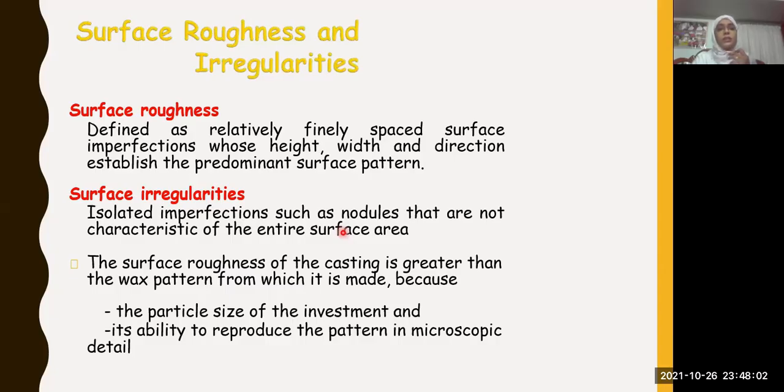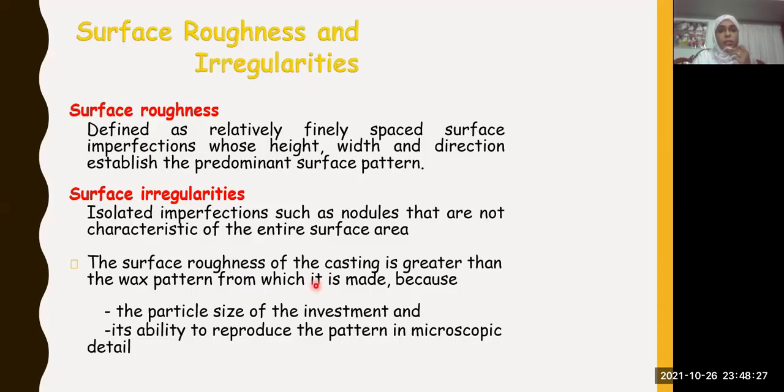And they don't characterize the entire surface. Now, the surface roughness of the casting is greater than the wax pattern from which it is made. Naturally, any surface irregularity which is in the wax gets manipulated in your casting. Why? Because of the particle size of the investment and the ability to reproduce the pattern